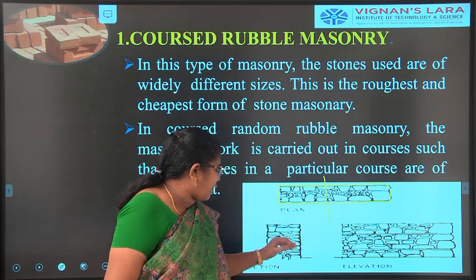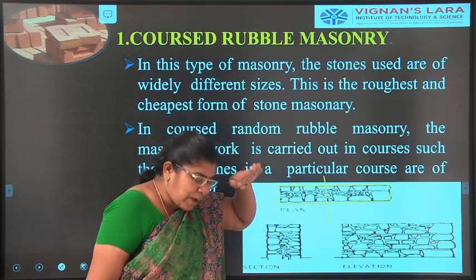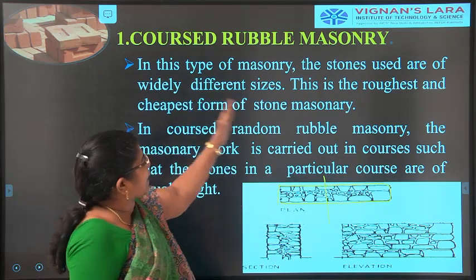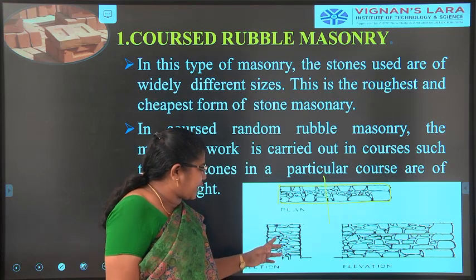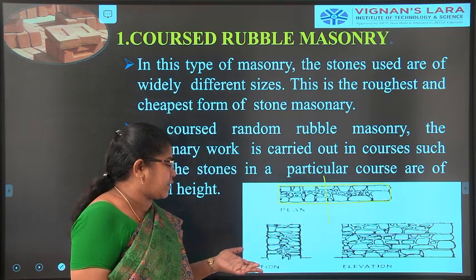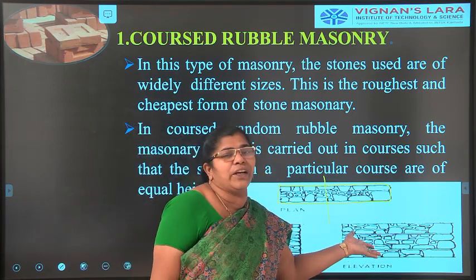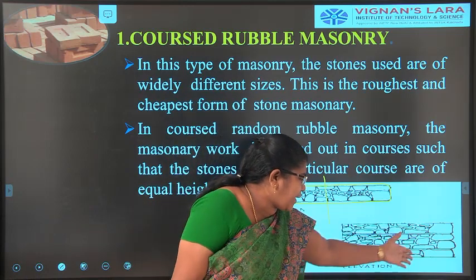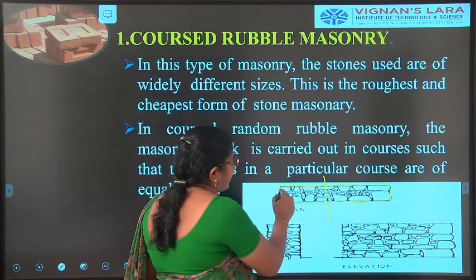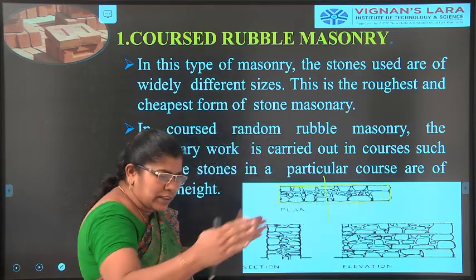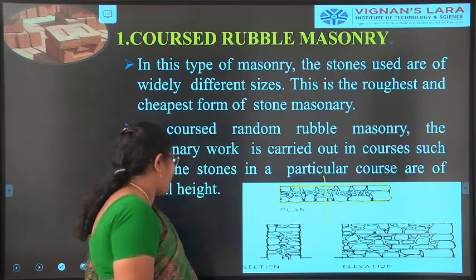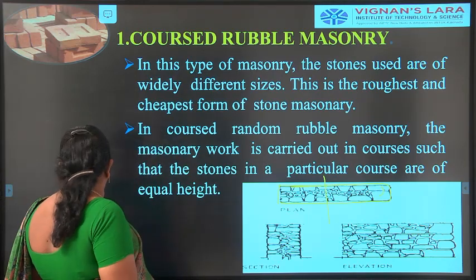This is a plan, meaning I am seeing it from the upper part. For a section, I cut through it and it will show the wall like that. If I cut it, it will have some stones like this, larger stones and smaller stones. It will not be of uniform size. When we go for an elevation also, it won't be of uniform size. The ends will have very good stones to compact the smaller stones. We keep this to have a very good section, a complete size, so that inside we can fill it with any other type of material. This is the coarse rubble masonry.